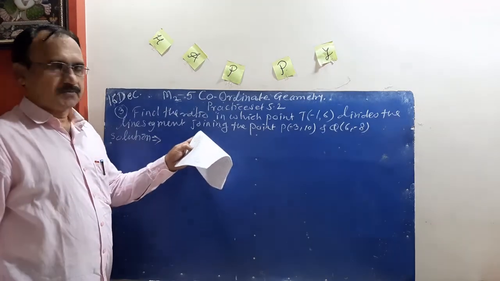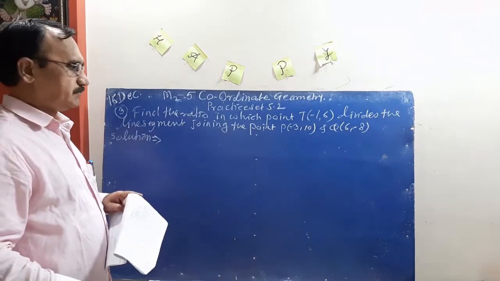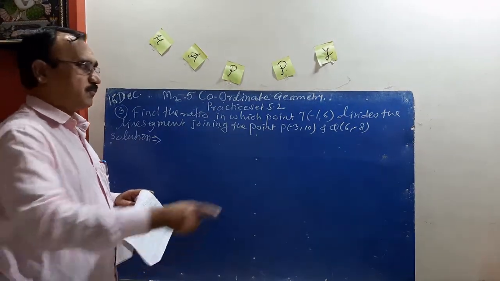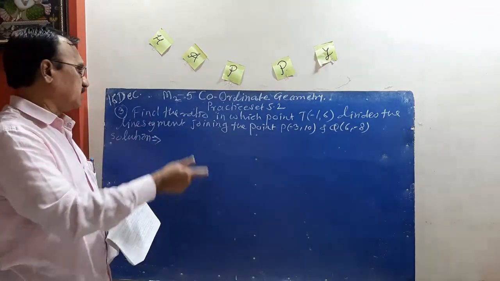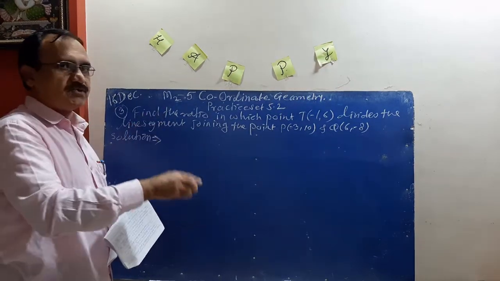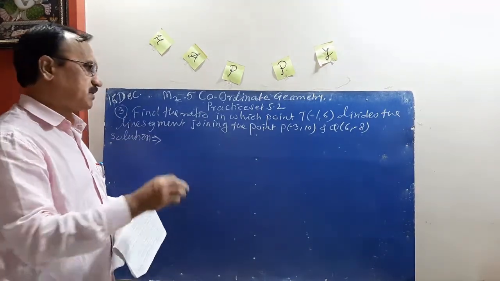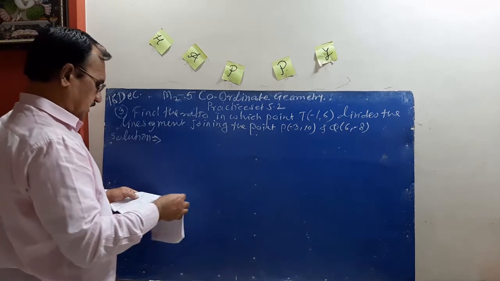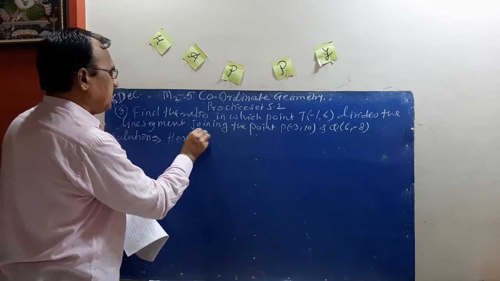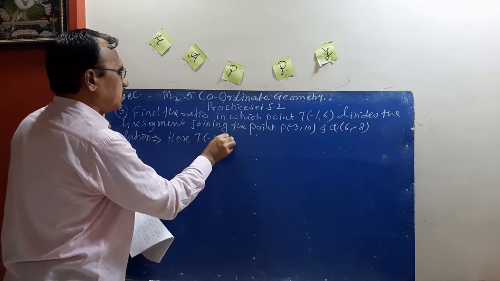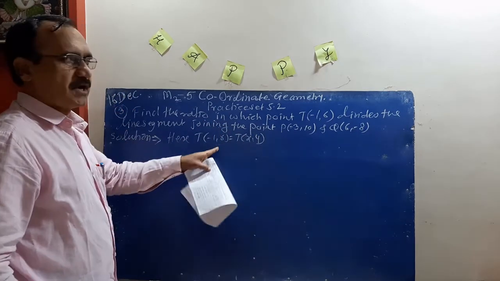What is the difference between examples 1, 2 and 3? In questions 1 and 2, we find the coordinates of the point. The ratio is given. In the third example, find the ratio means we have to find the values of m and n, using the section formula here also. Here T(-1, 6) is the point x, y, meaning the coordinates of x, y are already given,